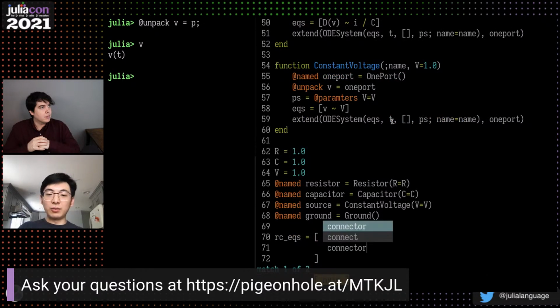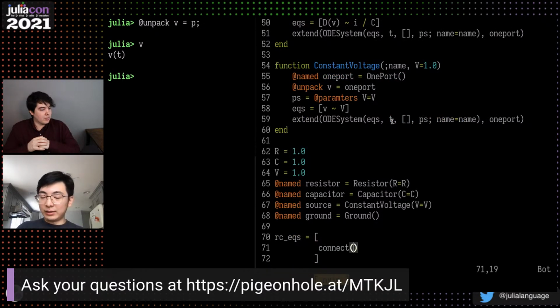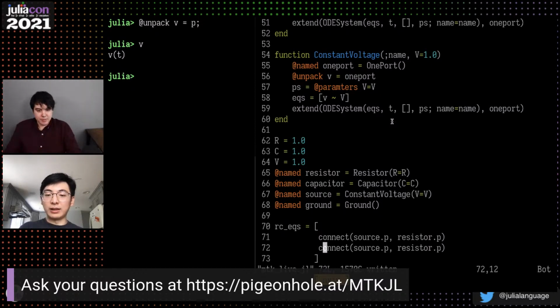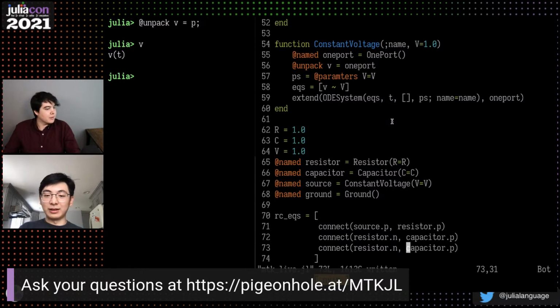So in here we connect the positive terminal of the voltage source to the positive terminal of the resistor, and then we connect the negative pin of the resistor with the positive pin of the capacitor, and then we connect the